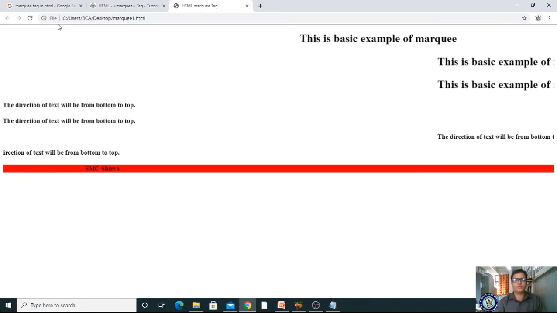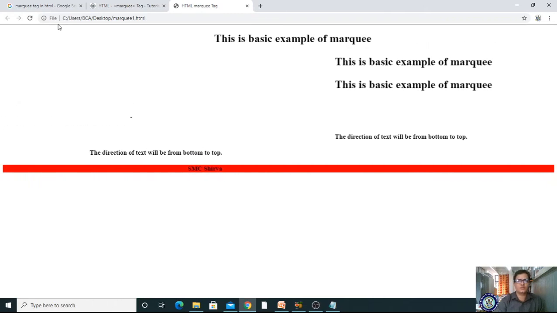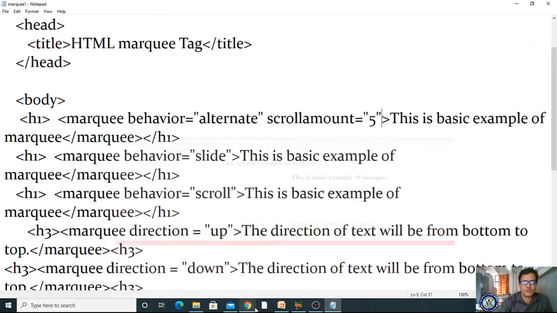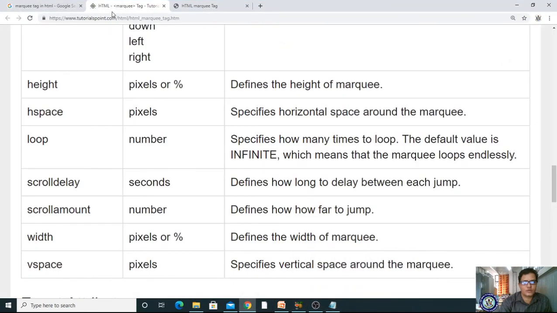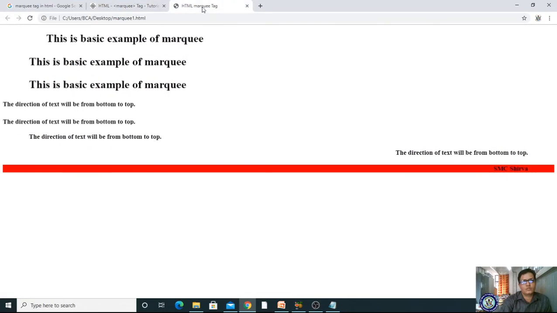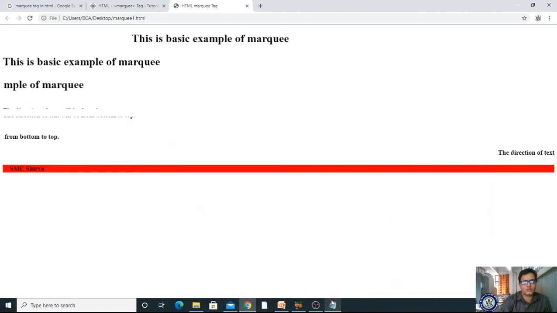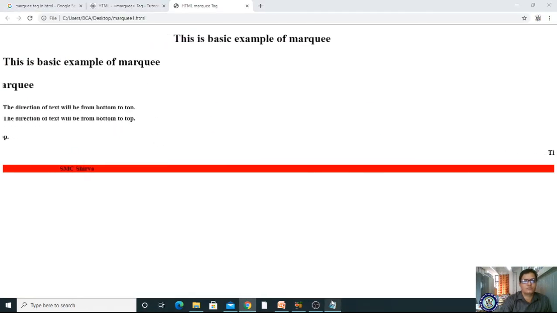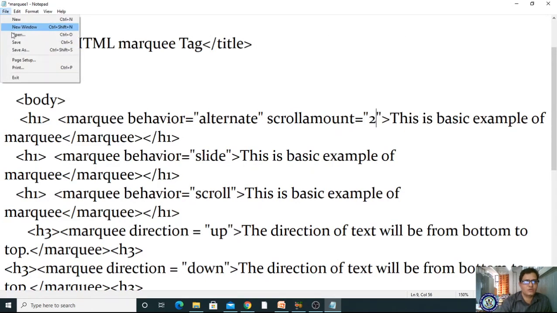So 5 times maybe it will scroll, I think so. Okay, after 5 times it doesn't stop, maybe, right? Scroll amount, yes, defines how far to jump. For which tag have I mentioned this? The first one only, right? Let me make it 2 only. 2 is enough, I feel so. Otherwise we have to wait for a long time.